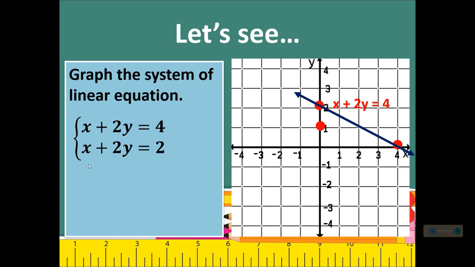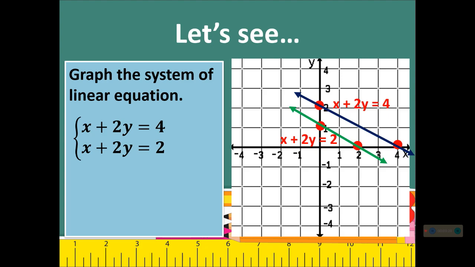And then to find the x-intercept, I cover up 2y. So I am left with x equals 2. So the x-intercept will be 2 or (2, 0). So I plot here (2, 0). Then connect the points, and that will be the graph of x plus 2y equals 2. Okay. So since I have the graphs already, what can you say